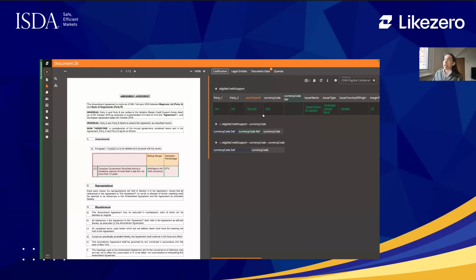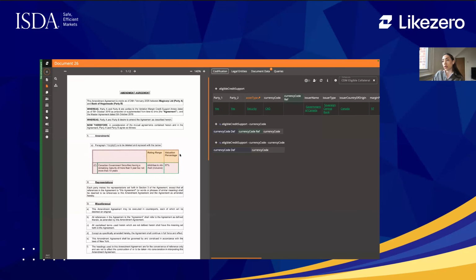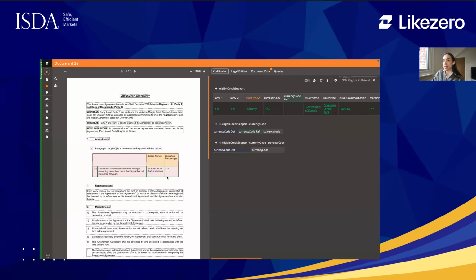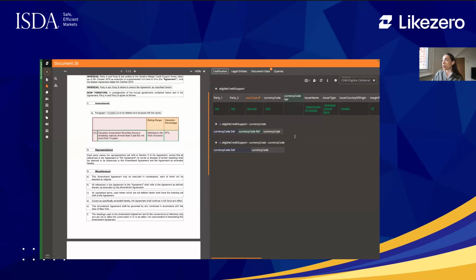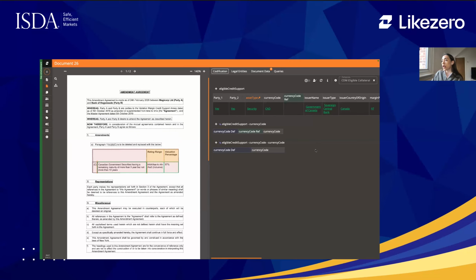So what you can see now is, whilst we have just been discussing that there, the amendment has gone through our pipeline, and we can see that there is an update to a row of the eligible collateral table. Again, on the left-hand side, we have the legal clause, and on the right-hand side, we have the structured data. What we are looking at here on the top is the CDM format, so the CDM